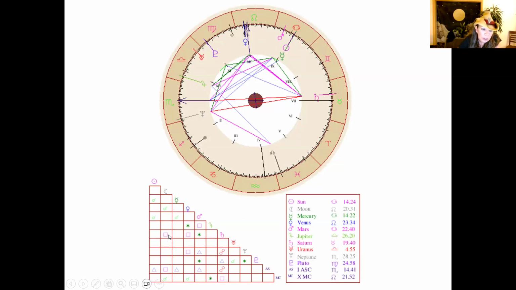So when you look at a chart, this is where you can find them. Here are your squares right here. And here you've got the moon square Saturn. Oh no. Feelings, intense feelings about the square. Where is that? Oh, let's see here. The moon is square Saturn. Oh, this one's pink and this line is pink. Okay, now I'm understanding what Astro Cafe is doing. These are squared. There is tension there between the moon and how this person feels and Saturn, old father time, what they're supposed to be doing.